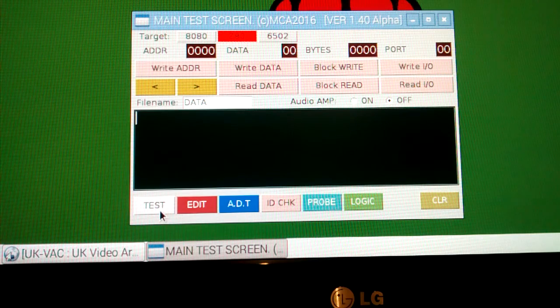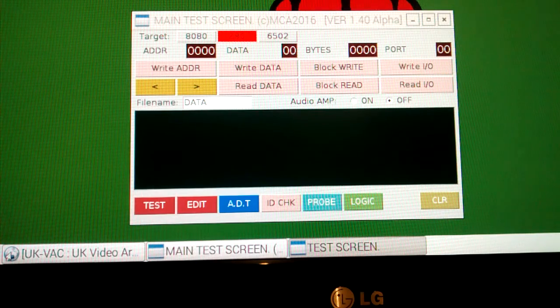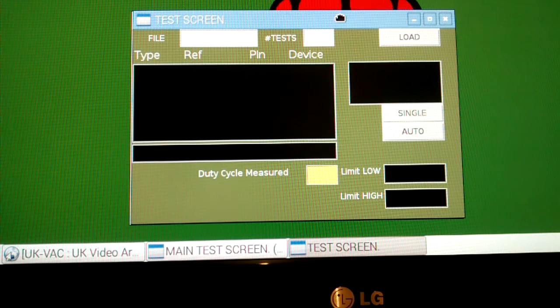If I now go into the test screen, bring that one back down. The test screen allows you to execute all the tests. It won't let you edit the tests or change them. It will only let you execute them. There's different ways you can do this. So first of all, we need to type in the file we want to run, which is just Pengo, and